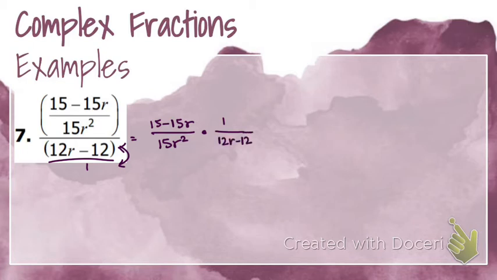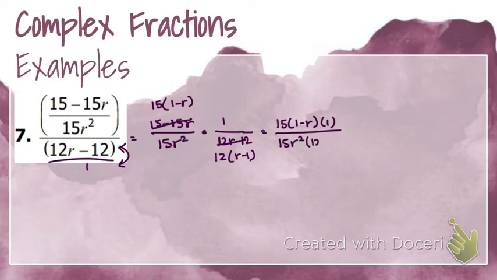So let's do some factoring. This guy can be changed to 15 times 1 minus r, and this guy can be changed to 12 times r minus 1. So we'll rewrite this as 15 times 1 minus r times 1 over 15r squared times 12